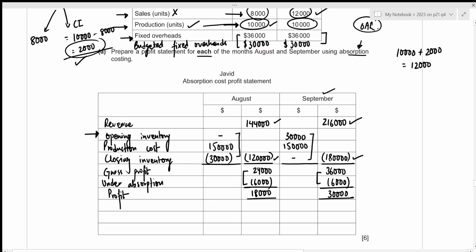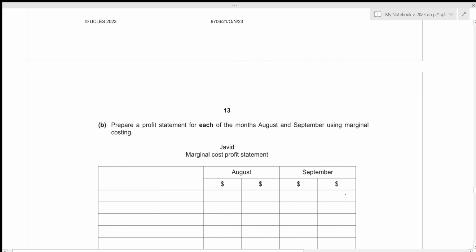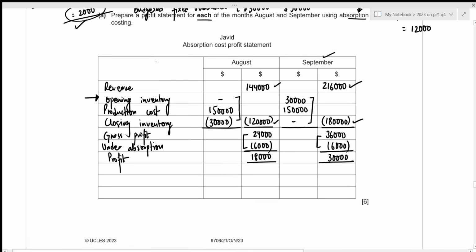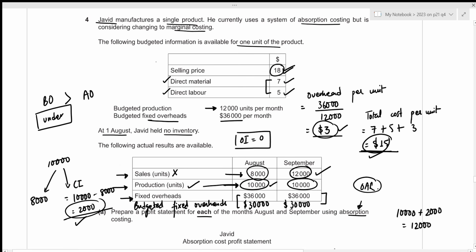This completes the first part. Let's move towards the next one. We now need to prepare a profit statement, the same thing as above, for each of the months of August and September. But in this case, we will be using marginal costing. And remember that profit for marginal costing is fairly simple as compared to absorption costing, because we only need to include the direct cost while valuing closing inventory,